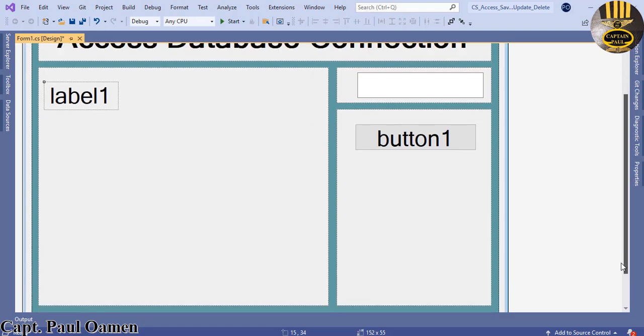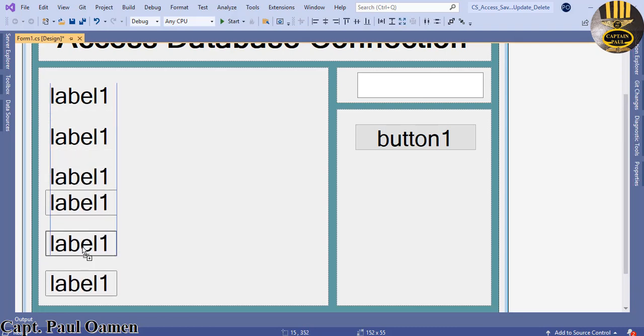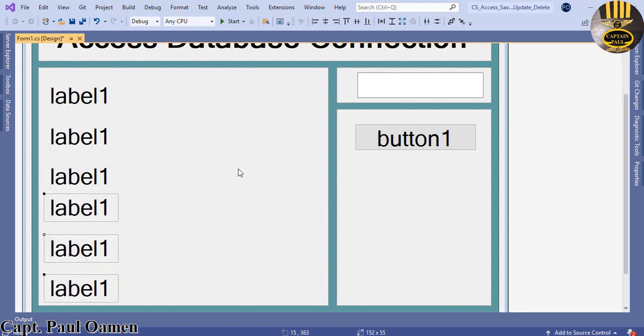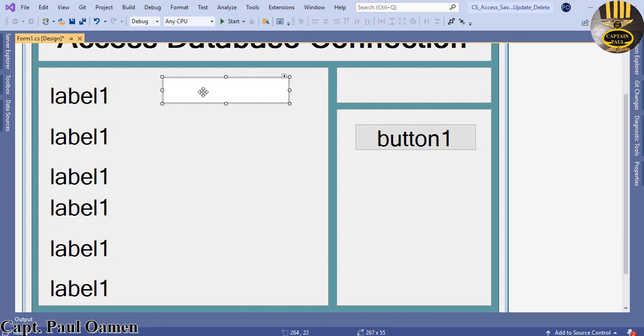So let's scroll down. Just like I said, this is just all about creating a database, and at the same time we should be able to save the database straight into Access. That is what this tutorial is all about. The tutorial is actually at the request of a viewer out there, so let's copy this,